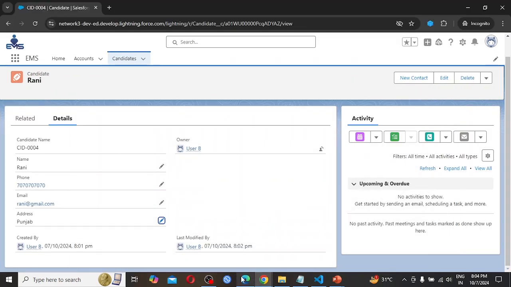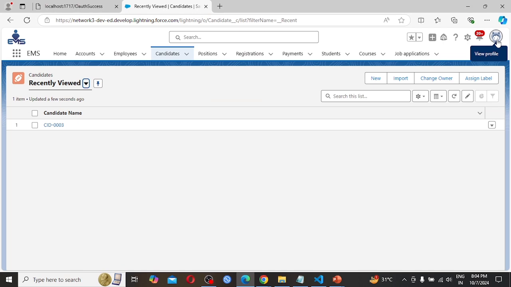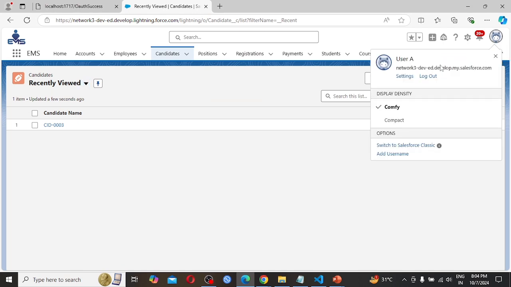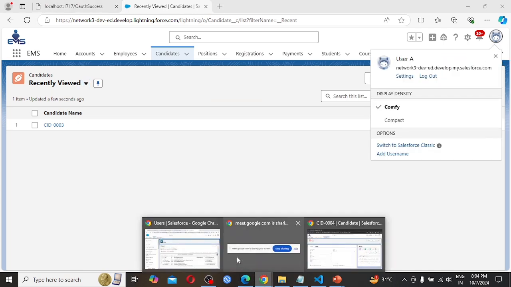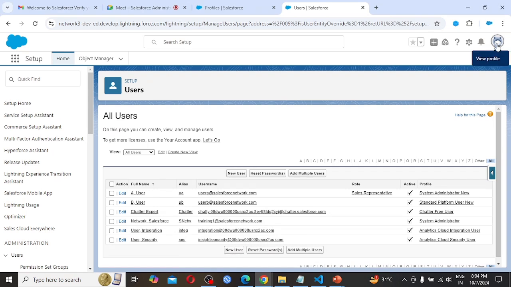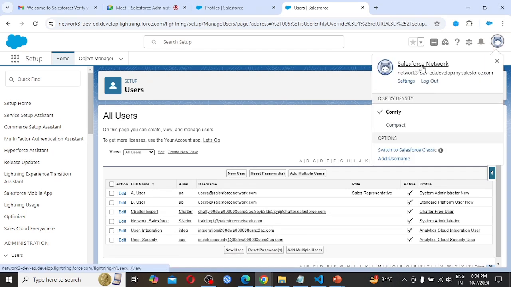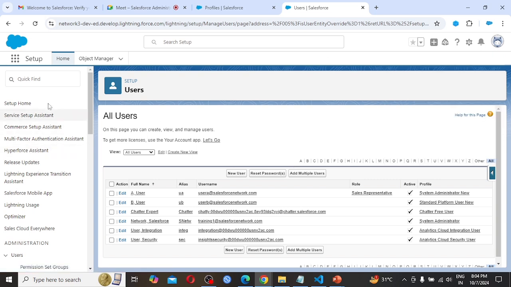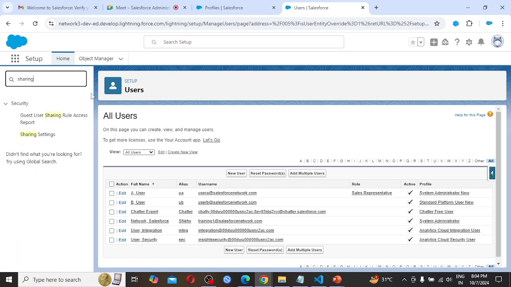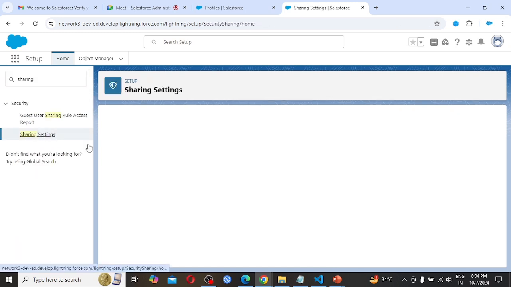So I am going with my primary account here, the Salesforce network, and I am opening the sharing settings. Click on sharing settings.